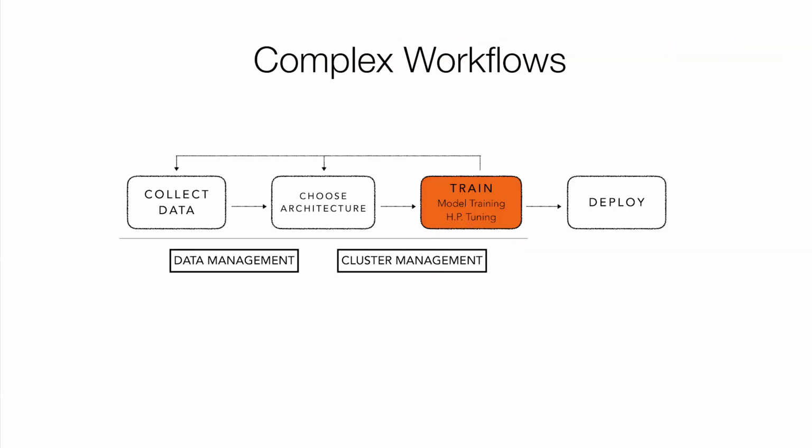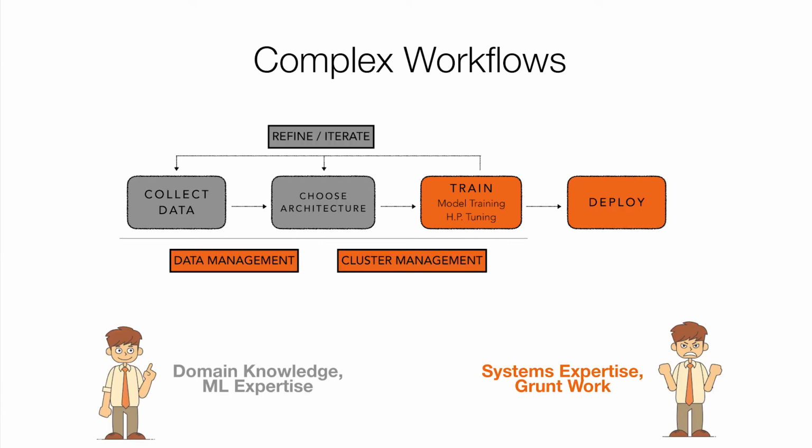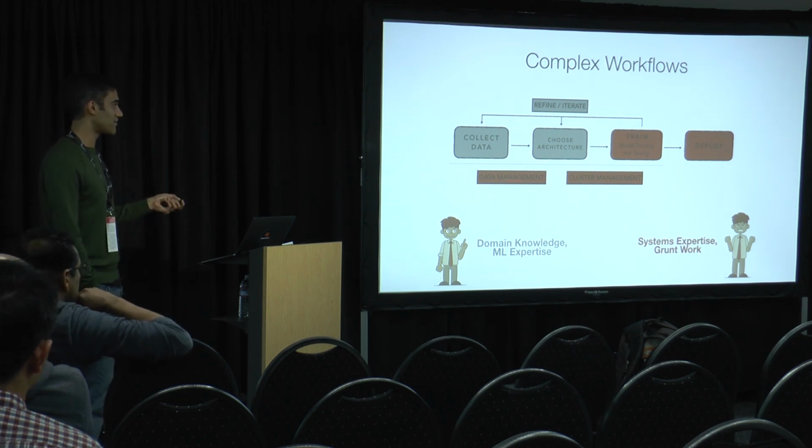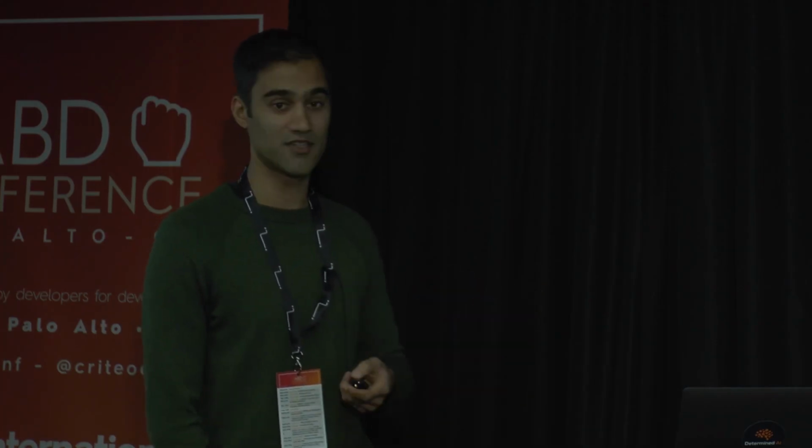Right, so I'm pretty much done. Just to step back for a second, I talked mostly about this training process. I think both in research and industry, moving forward, there's a lot of work to do to help people, and I would consider myself more to be in this camp. I like collecting data, choosing the architecture, and doing the modeling stuff. I find this stuff to be harder. My background's more in ML, less in systems, and I think there's a lot more work to do, not just on training, but on all these other components to actually make things a lot easier for ML engineers.